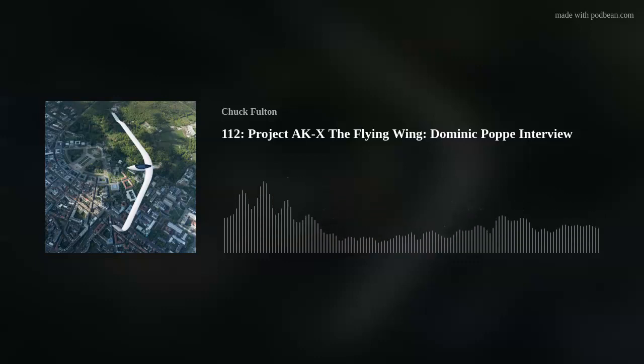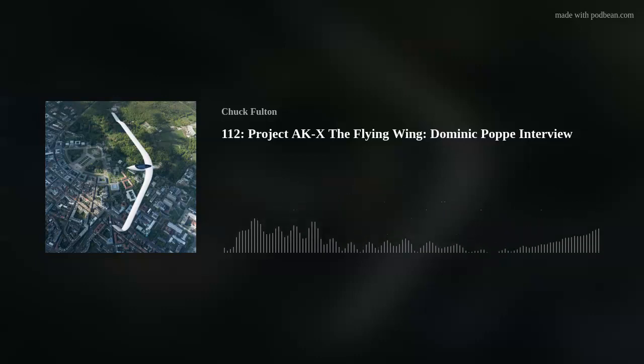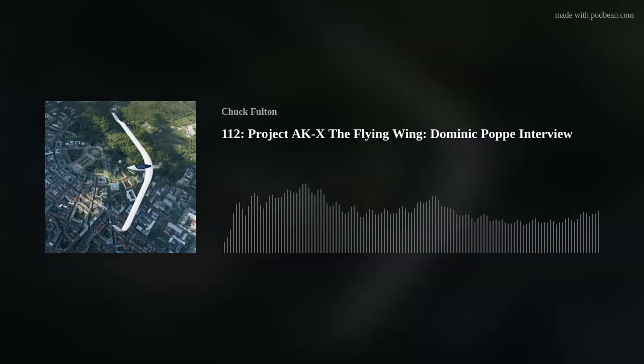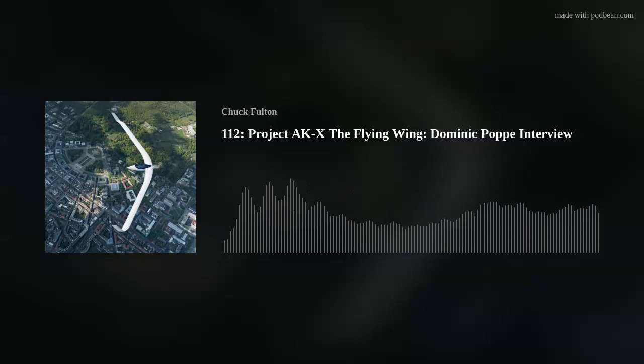Of course, we tried that procedure in the beginning, and it really didn't work that great. It worked in some CG configurations, but we also had problems that it would sometimes very abruptly, after leaving the spin in one direction, enter the spin in the other direction. So it's rather difficult to control. But then we came up with a different method that works pretty well for the AKX,